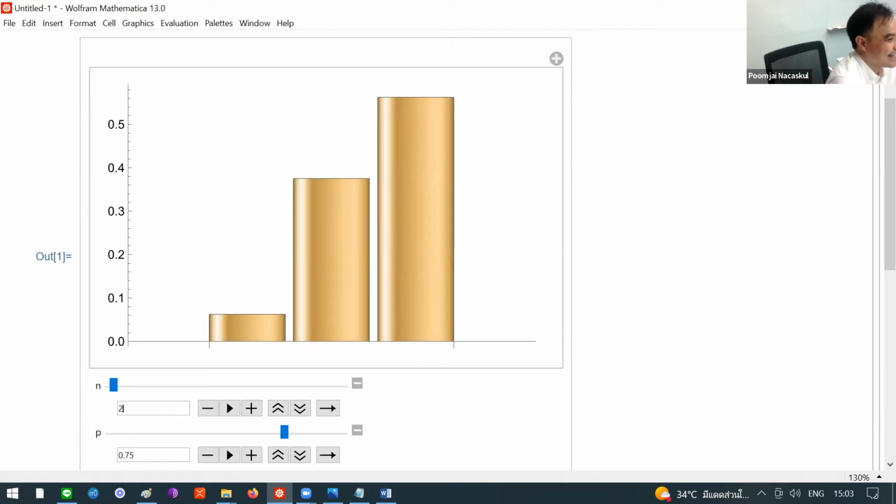Anybody want to guess? You agree with me, right? If you toss 2 coins, you get 0, 1, and 2 as your possibilities. The point is, where do you get the probability? Okay, this is your probability